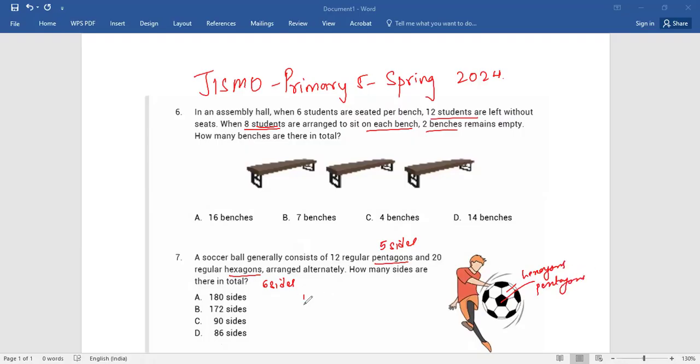So let's count the total number of sides. Pentagons have 5 sides, so 12 into 5 is 60. And there are 20 hexagons, so 20 into 6 is 120. So total 180 sides. But all these sides are common, like each side is shared by 2 figures. So you divide by 2, so that's 90. So the correct answer is